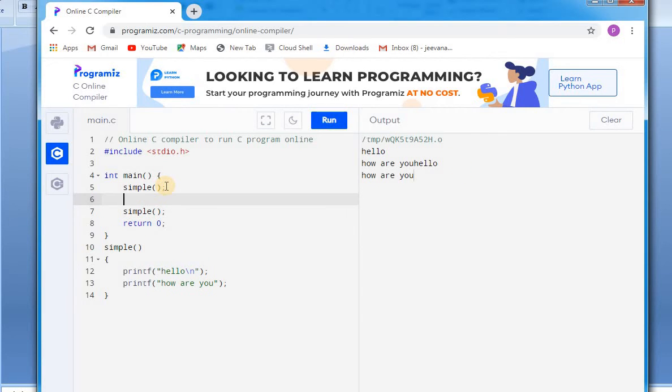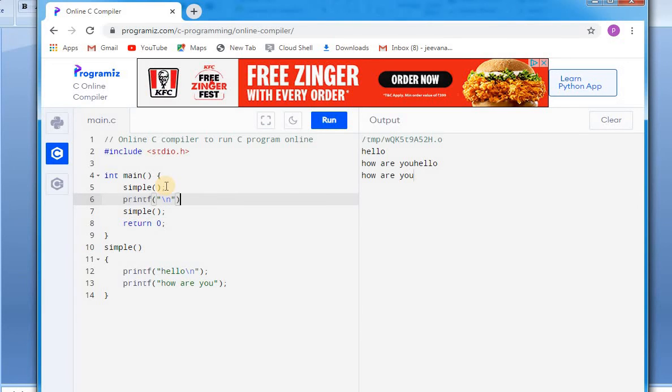See, here I'm calling 2 times. Instead of writing this code again, I can simply call this function twice.